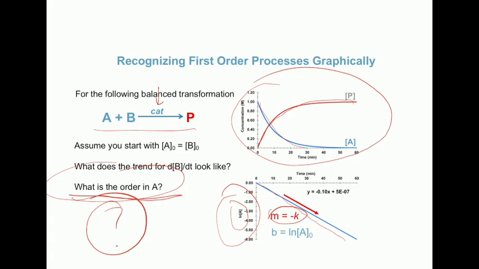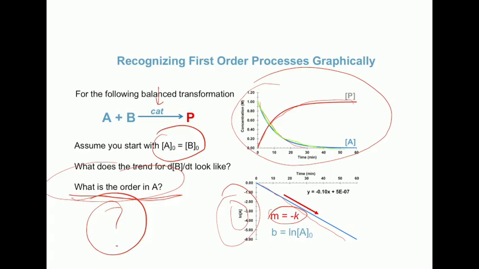What would the curve of B look like? What's your guess? For this reaction, if this is the overall reaction I'm going to follow, and I'm saying the concentration of A and the concentration of B initially is the same, if I had to graph that on here, it would probably look like this. It'll lay right on top of the A curve over time. Why do I know that? Why is that a safe assumption? If I start with the same concentration of both,